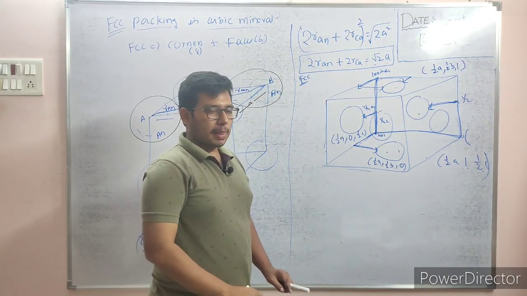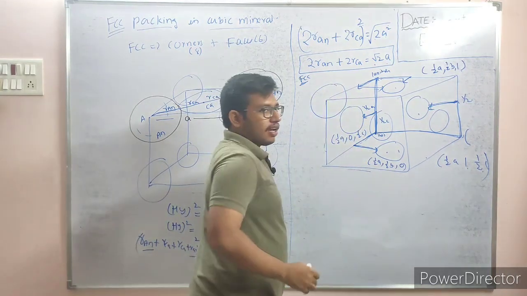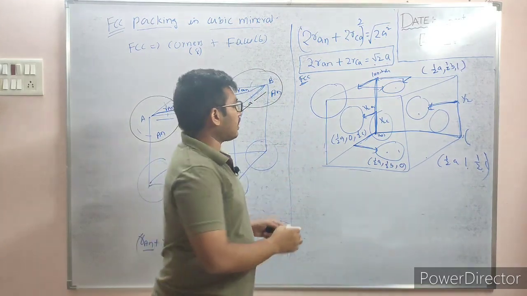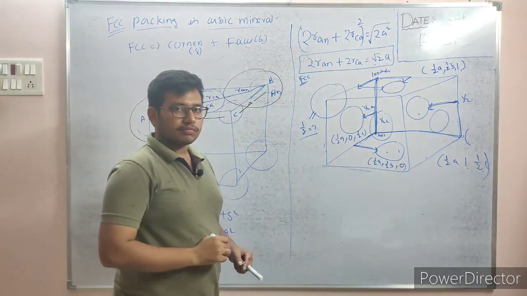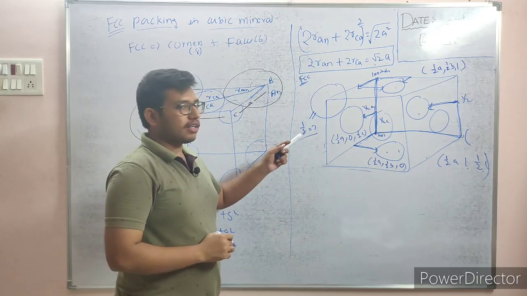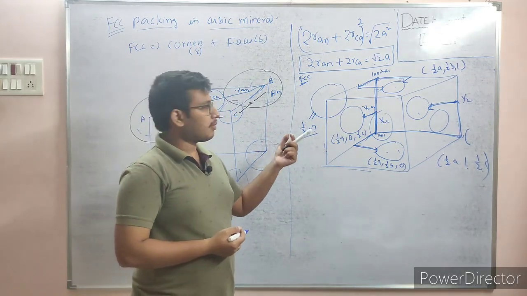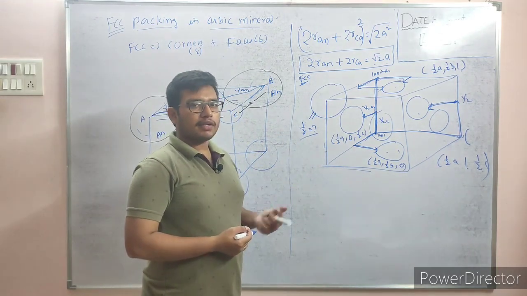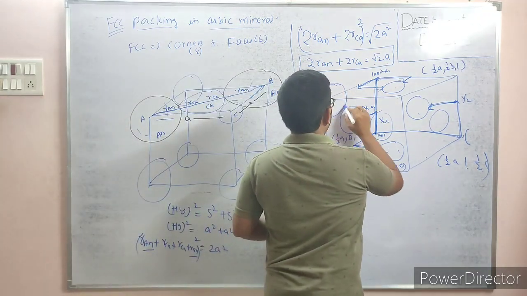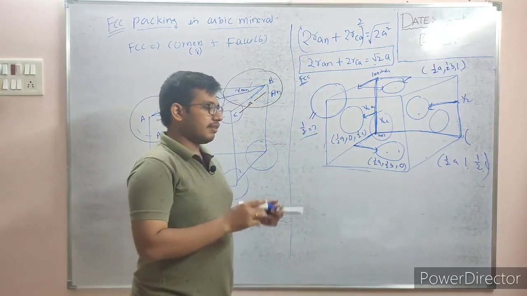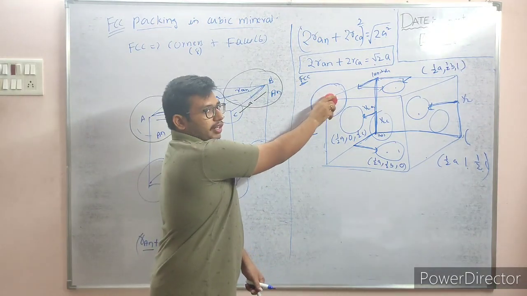Understanding everything? Now if I ask you the question, this atom, I said 1/8 is contributing. I said the corner atom is actually contributing a 1/8 portion. Why? How did I say it is contributing 1/8? In 12th class this type of concept has been taught, that's why yesterday in the previous lecture I didn't tell. So how 1/8? Suppose this is a sphere present at the corner.